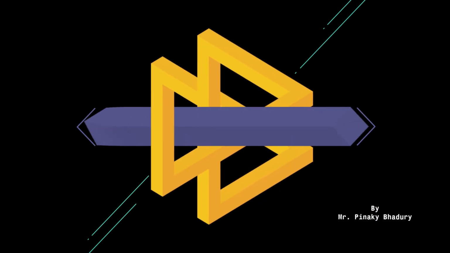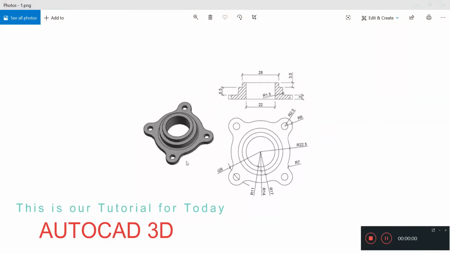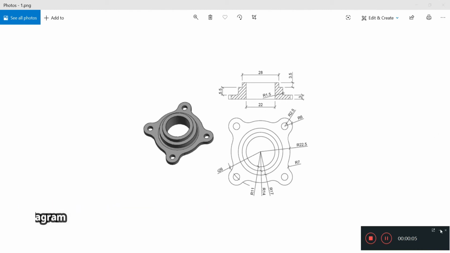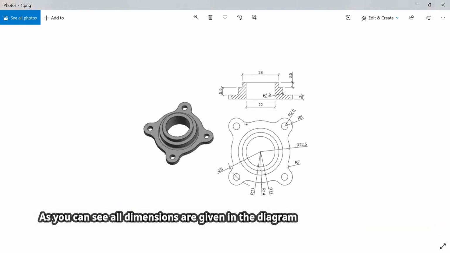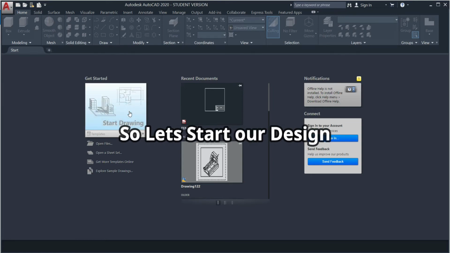Today in this video we will be developing a 3D model which is available with us, and as you can see here, the dimensions of the objects are clearly given and we have to develop three different views. Okay, so we'll start a new drawing,